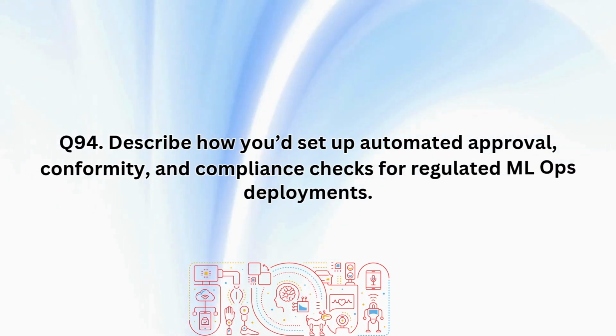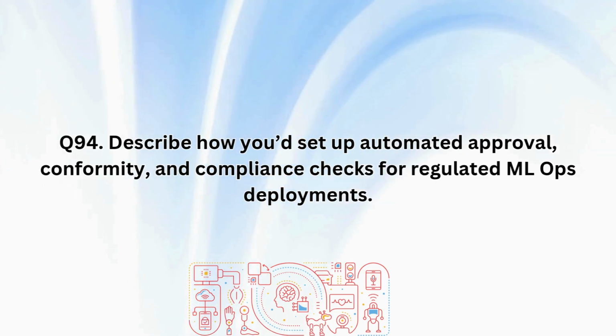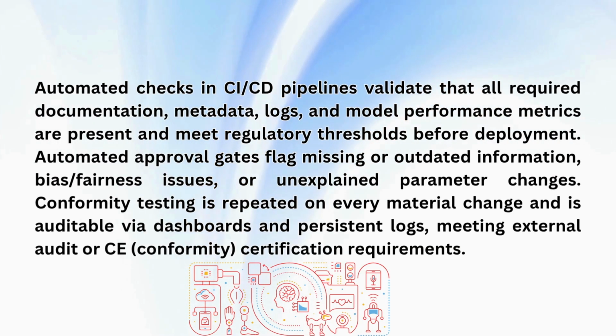Describe how you'd set up automated approval, conformity, and compliance checks for regulated ML Ops deployments. Automated checks in CI and CD pipelines validate that all required documentation, metadata, logs, and model performance metrics are present and meet regulatory thresholds before deployment. Automated approval gates flag missing or outdated information, bias or fairness issues, or unexplained parameter changes. Conformity testing is repeated on every material change and is auditable via dashboards and persistent logs, meeting external audit or